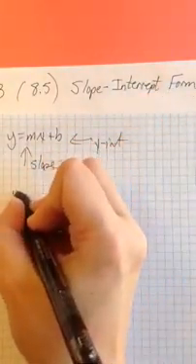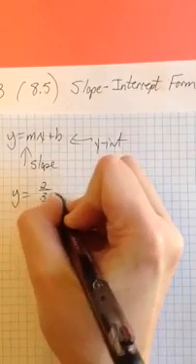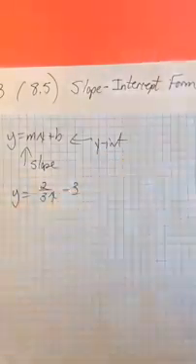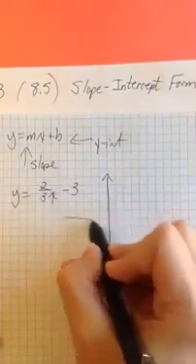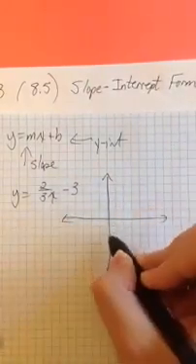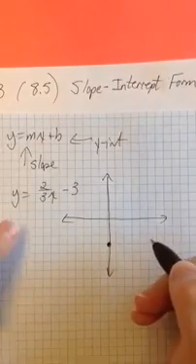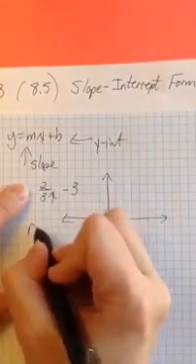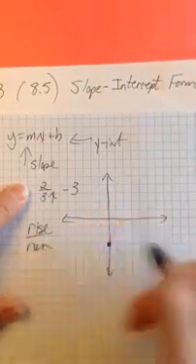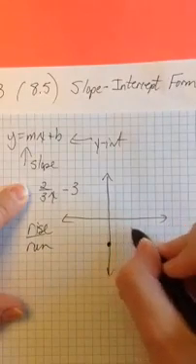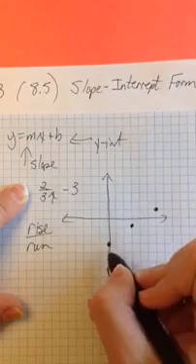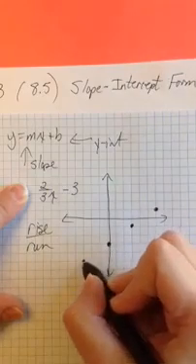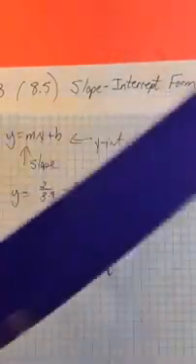So if I gave you y equals 2/3 x minus 3, you'd say, okay, so I need a coordinate plane, and I'm going to start at -3. And my slope is 2/3, which means my rise over my run is 2 over 3, up 2 over 3. You can also go down 2 and back 3 to create this line,